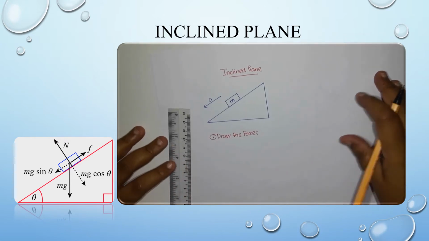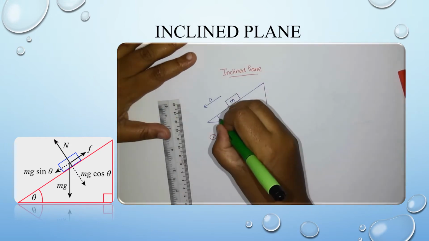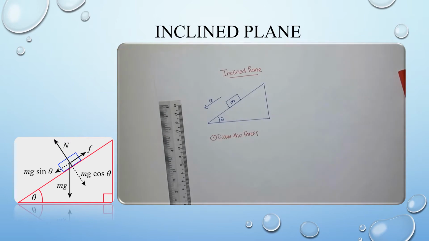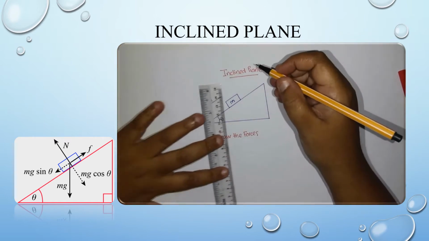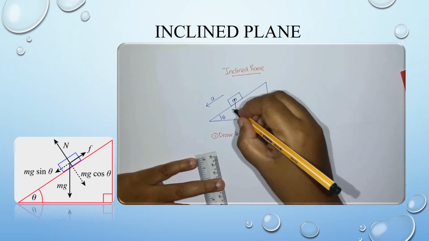When you draw the forces, this is angle theta. If I draw the forces, I'm going to draw with the black pen here. The weight will be